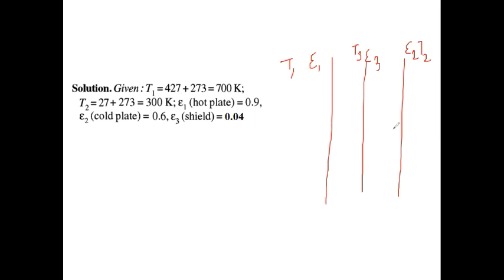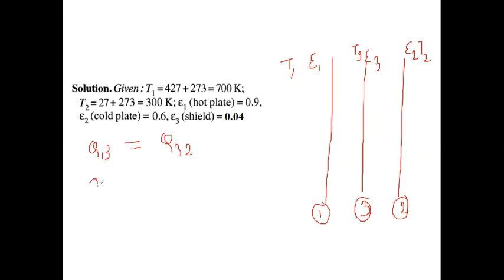Now here T1, T2, T3. So here in your problem, you see the temperature of the aluminium shield also you have to calculate. So two ways you can find out. First way, because you have to find out the temperature, how can you find out the temperature? Now because this is steady state heat transfer, the heat transfer rate from 1 to 3. So this is plate 1, this is plate 2, and this is the shield plate or 3. So heat transfer 1 to 3 equals 3 to 2. So Q13 equals Q32.